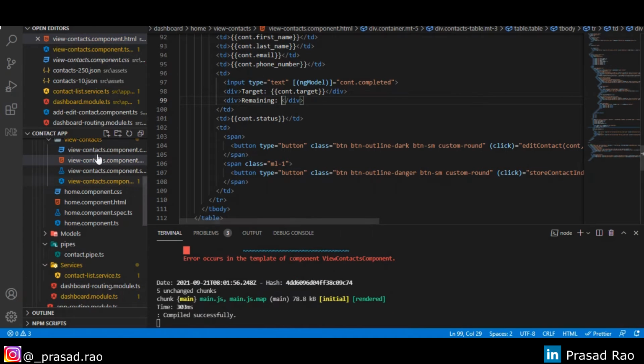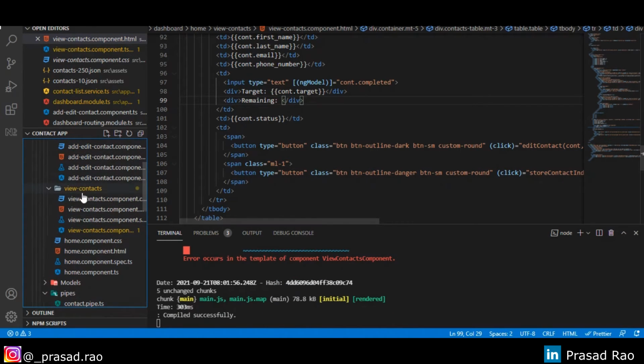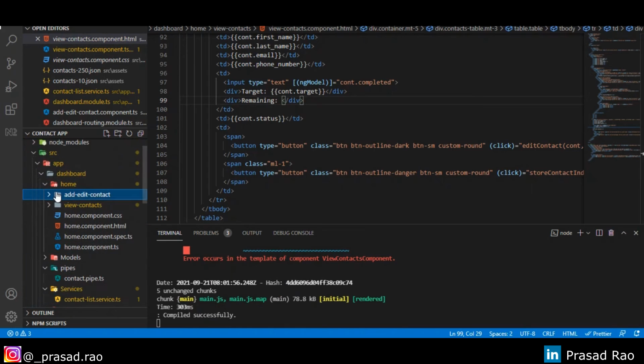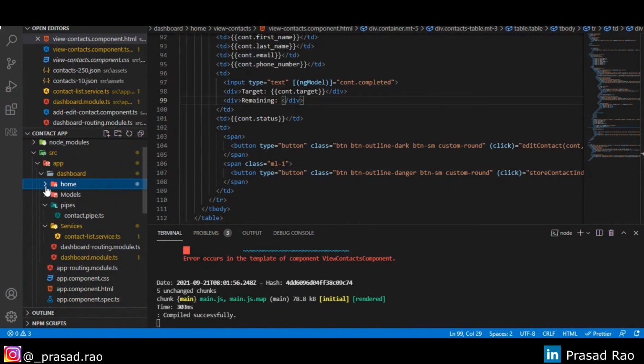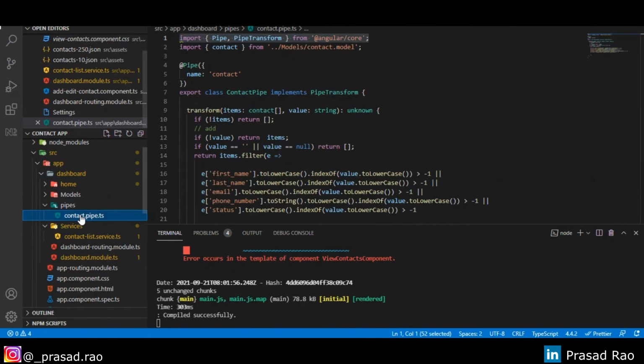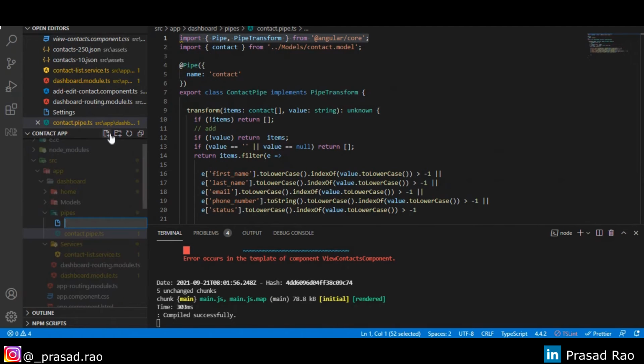Okay, so let's go to the filters and create a new pipe. We have the pipes folder, and along with the contact pipe we'll create a remaining balance pipe.ts.